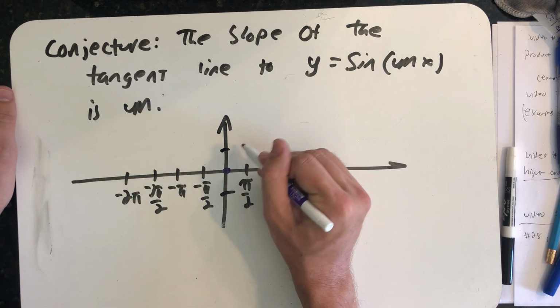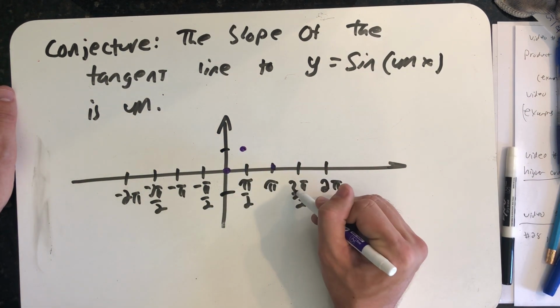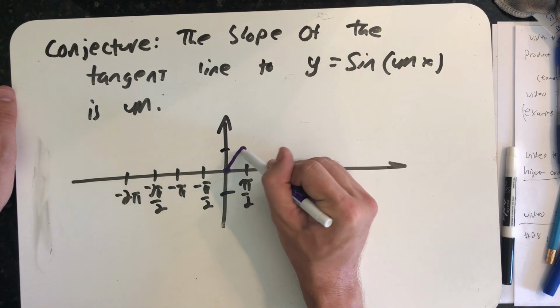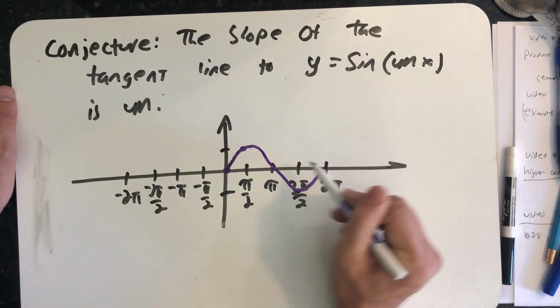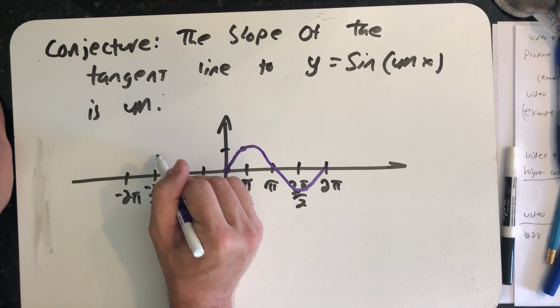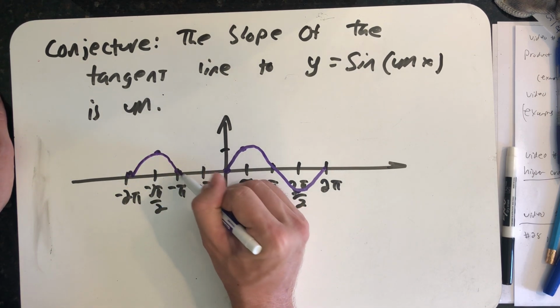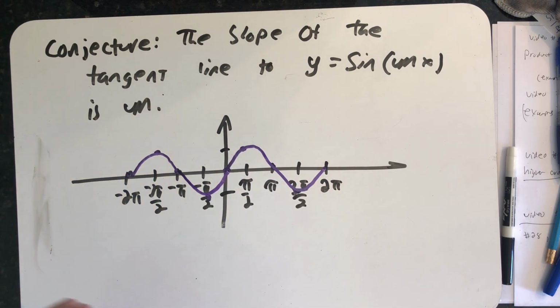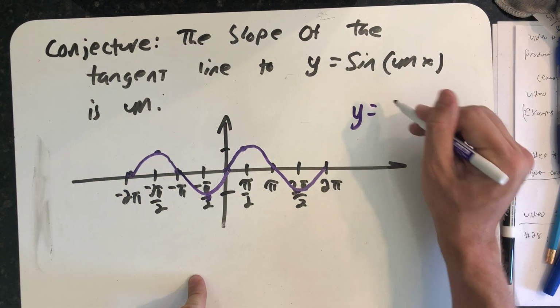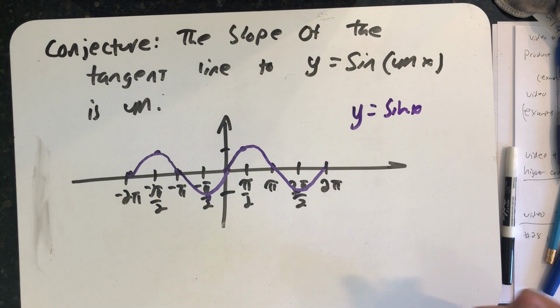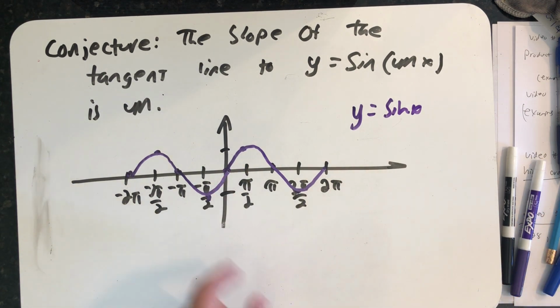All right, so a graph of sine, just my good old sine wave, looks like this. It looks better when someone else graphs it, but this is good enough. So here I have 2 periods of the sine function. Y equals sine of x,